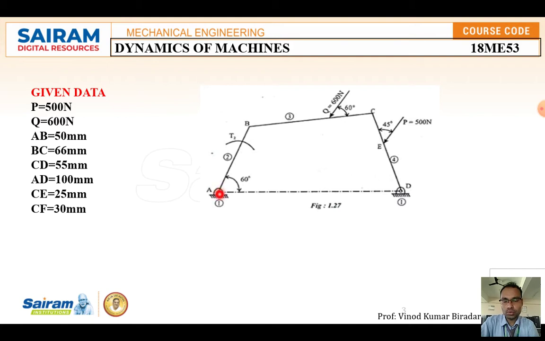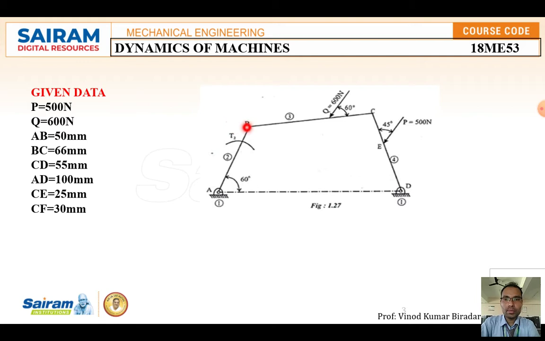Mark the point A. From that, AB is equal to 5 centimeter, and you cut one arc with an angle of 60 degrees. So you are going to get element number 2. Next, AD is given as 100 mm, that means 10 centimeter. From point A cut one arc, AD equal to 10 centimeter. So you are going to get the first element and second element. This is fixed, and this is the crank length.